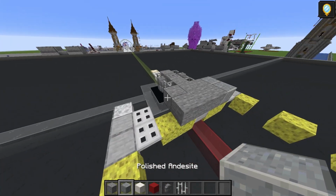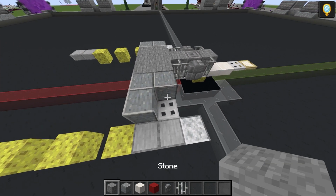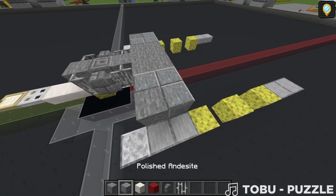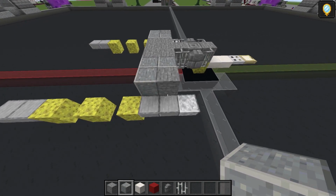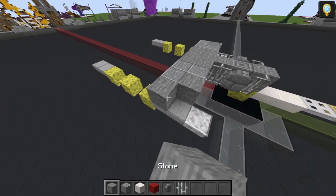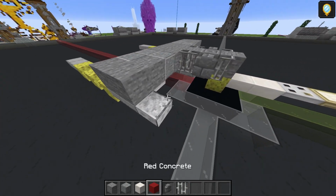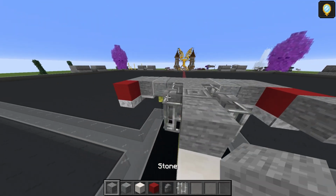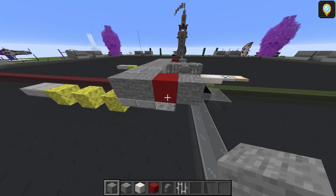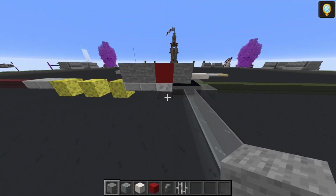2 polished, 2 polished there. Do 1 polish on the left and a stone on the right. And obviously the reverse on the other side. And then 1 more set of 2 stone blocks like that, and there as well. Red concrete, 1, 2. Stone block on the front, 1 and 2. And then we are going to take the